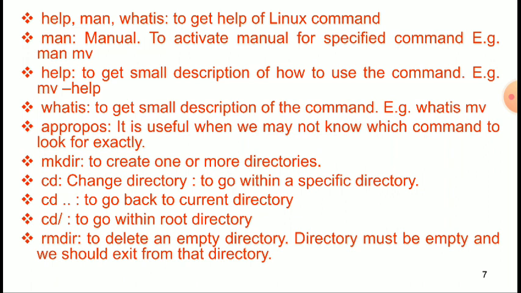That means to create one or more directories. cd means change directory, to go within a specific directory. Next command is cd .., that means to go back to the parent directory. cd / means to go to the root directory.